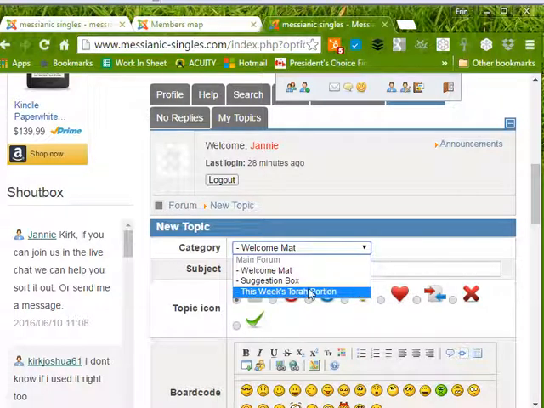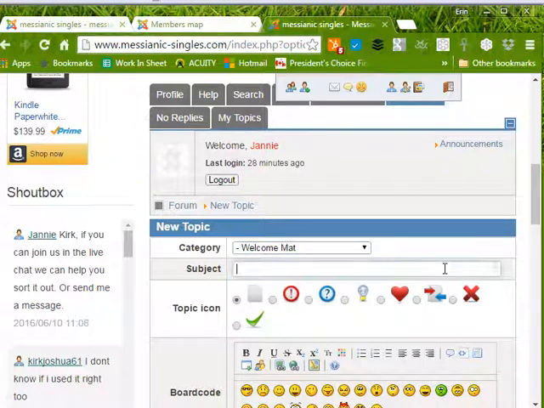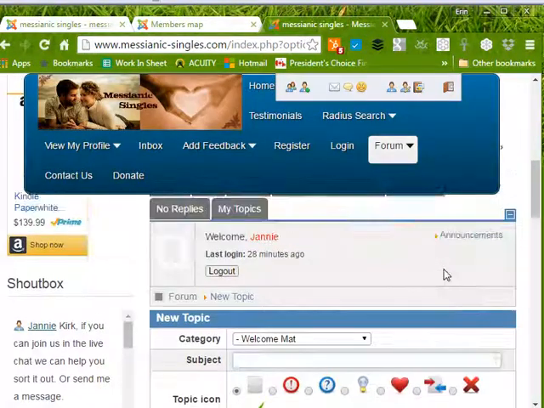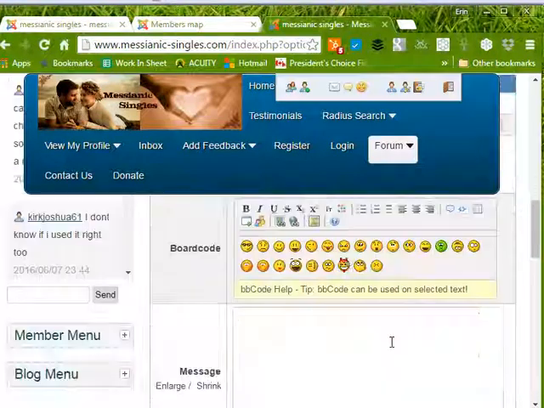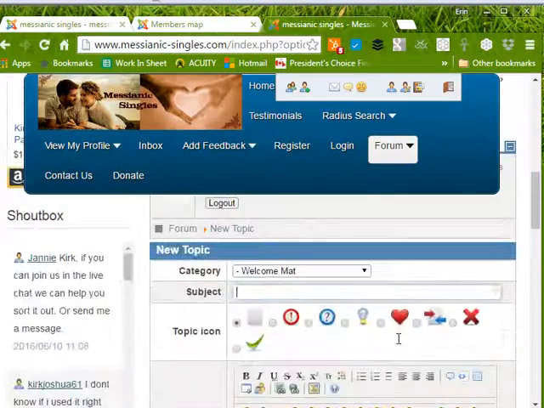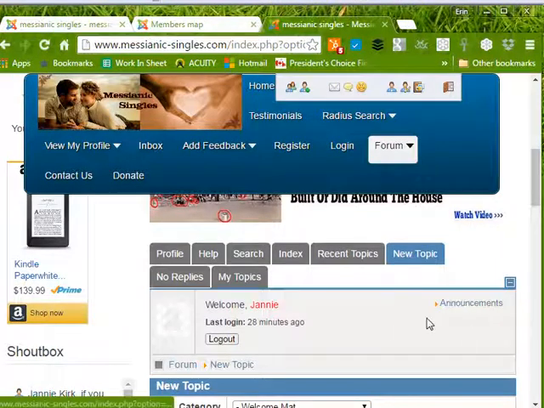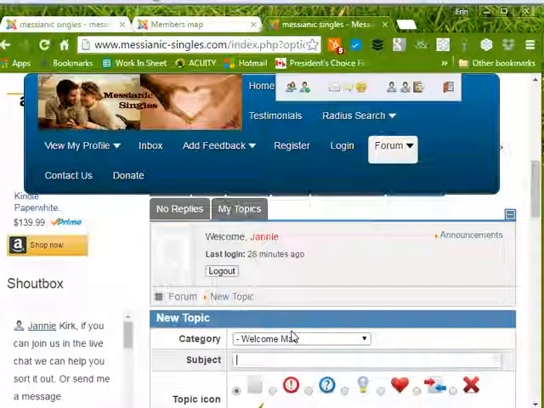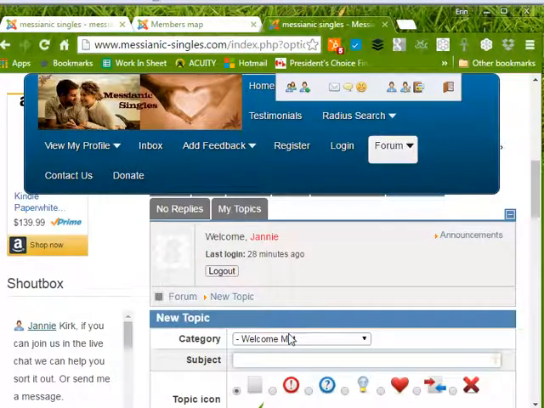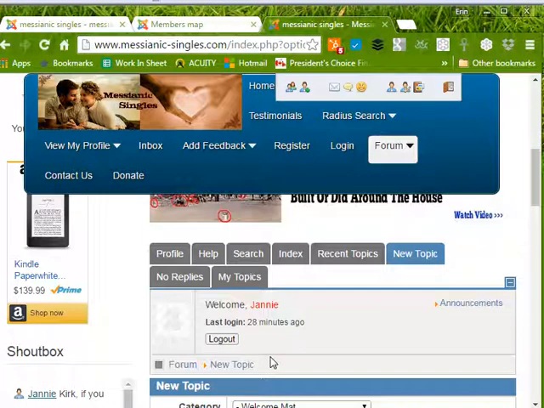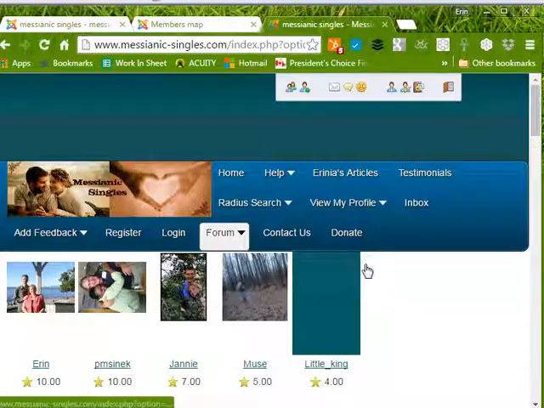There's this week's Torah portion, suggestion box, welcome mat, and you can put your topic there. I think you can even make new categories somewhere, or the admin has to do that. But anyway, the posts get screened by admin and they will put it under the correct category, so don't worry too much about that. So you can do that, or you go to the recent topics and say, yeah man,